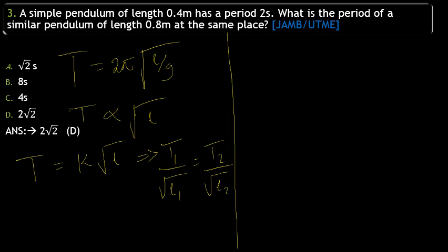For the first part of the question, T1 is 2 over square root of L1, 0.4, is equal to T2, which is what we are looking for. So T2 all over square root of 0.8. Now,